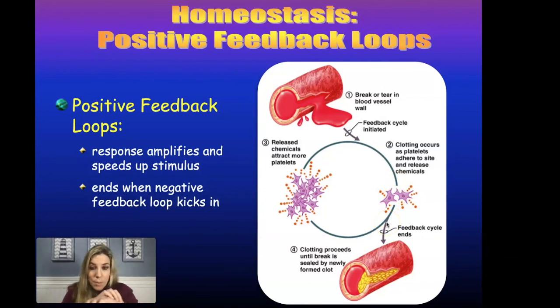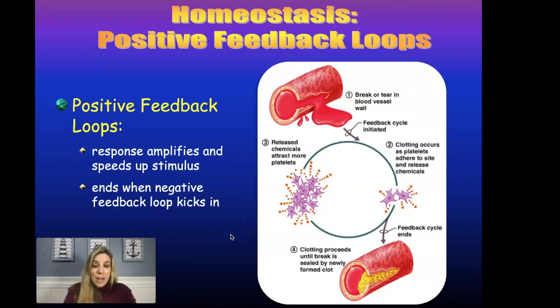And so these platelets are clumping up and stopping the bleeding at the cut. And that only ends when the tear is healed in the blood vessel. So those guys have clotted up and repaired the damage to the blood vessel. And at that point, once the clotting has happened sufficiently, a signal is going to happen that is going to stop that recruitment process. It's going to stop the chemical release from these platelets. So ultimately, the stoppage of it is where the negative feedback mechanism comes in, but the formation of the clot is a positive feedback mechanism.